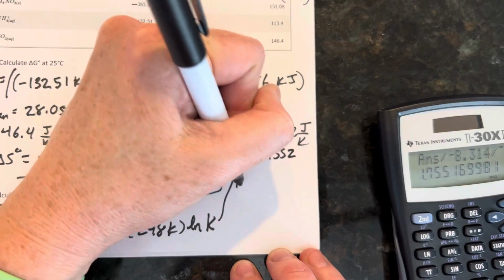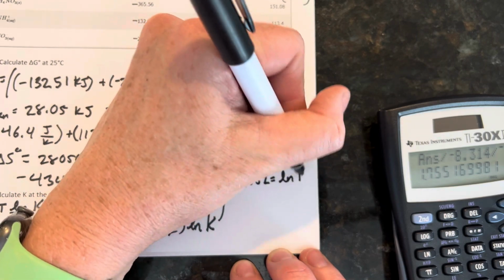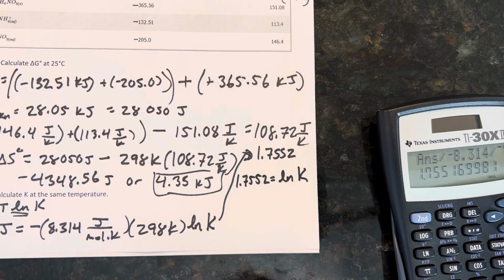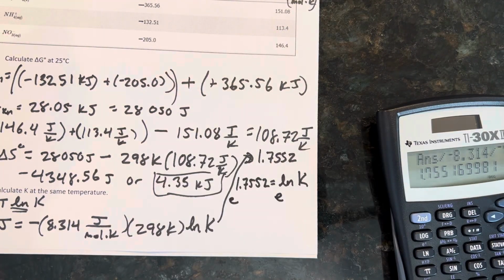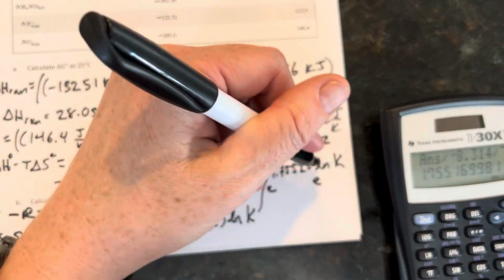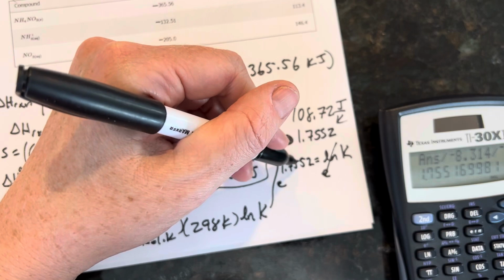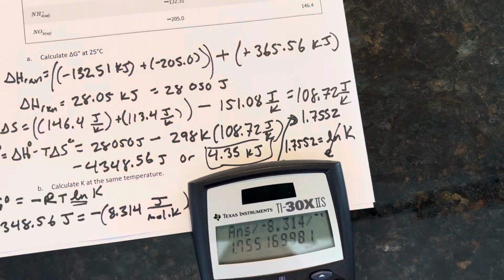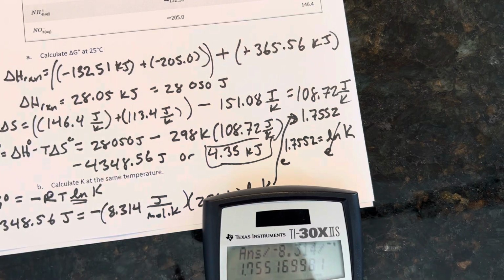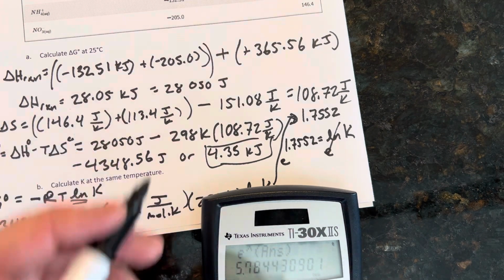So essentially I've got 1.7552 is equal to the ln of K. To get rid of ln, you take e to both sides. So e to that power, this will cancel that out, and now we have e to the 1.75 whatever will give us K. So I do e to the second answer. I get an answer of